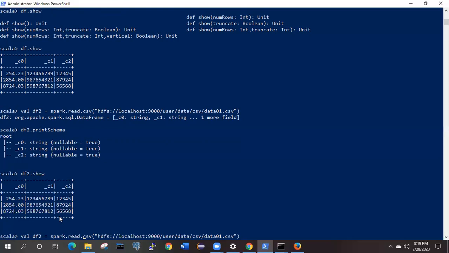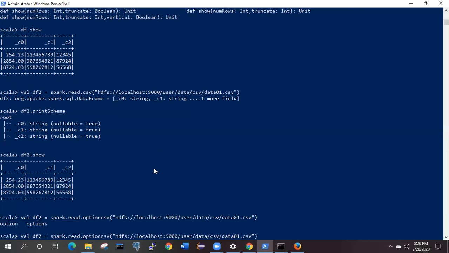In this one example only, I am going to modify things to show how we preserve the headers of a particular file. If the header is present, then that header is going to be printed as the columns over here, and it will not print C0, C1, something like that. So what changes do we need to make over here? For that we need to specify one option, read.op, and if you click over here, it is showing option or options.